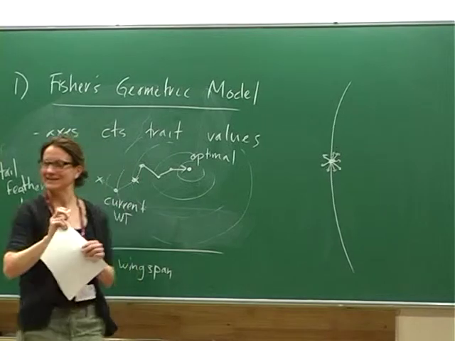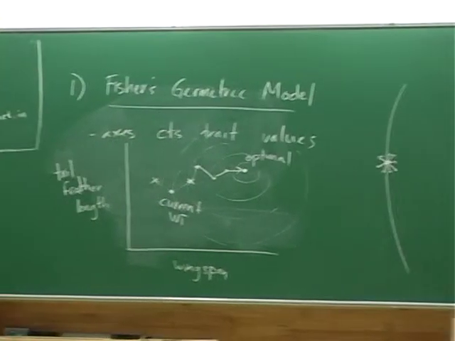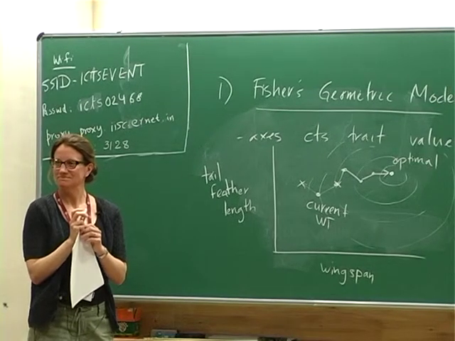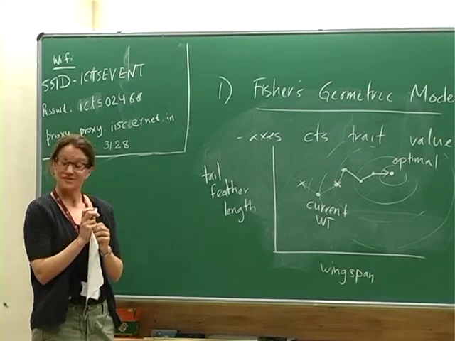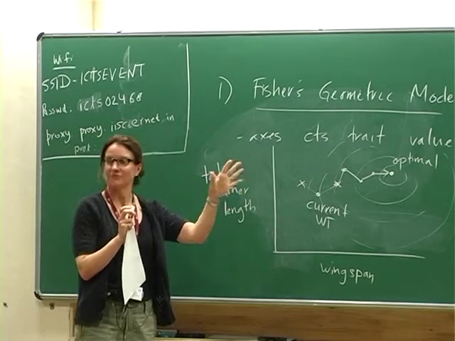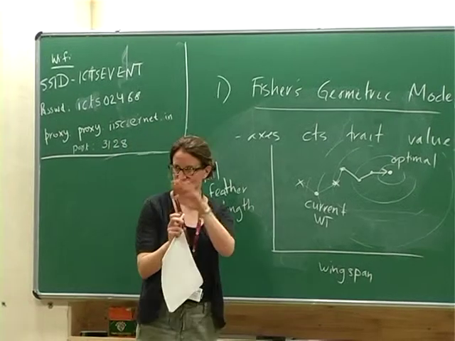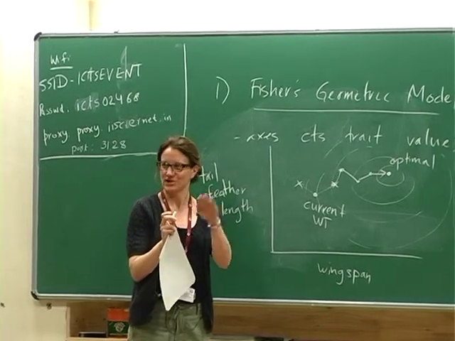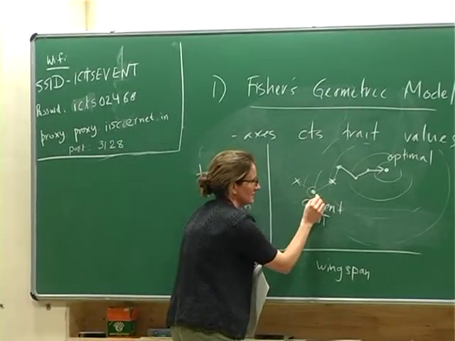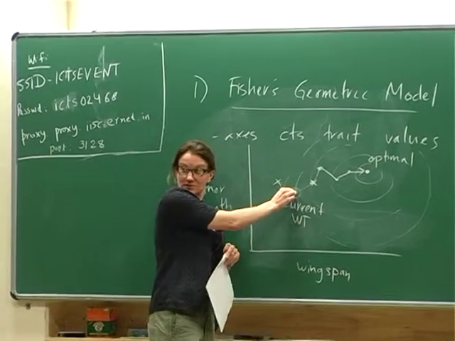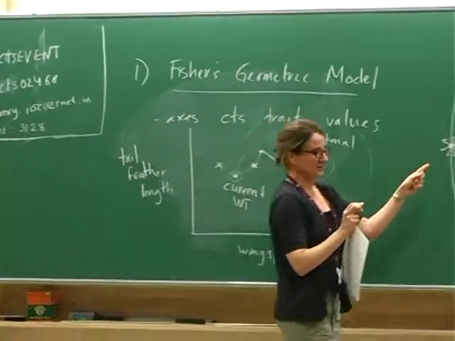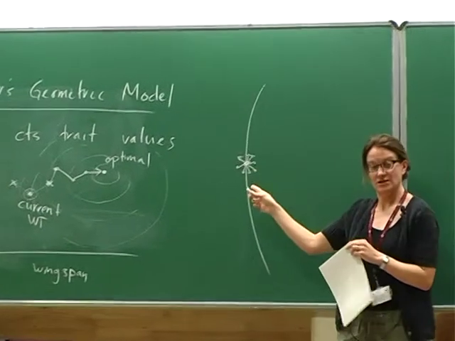So actually, you assume that there's just one wild type. Is that a reasonable assumption, or do you want to put some sort of variation to it? Yeah, that's a good question. In the classic Fisher's geometric model, you just assume that the population is genetically uniform. There's no standing variation, but that's an excellent point. You could more realistically want a whole little distribution here. So what's the probability that this mutation is beneficial?